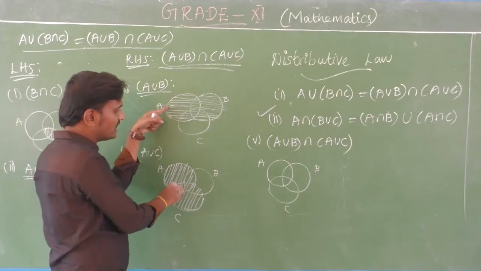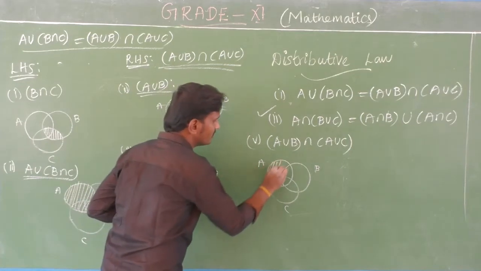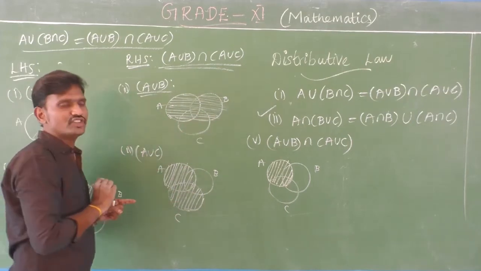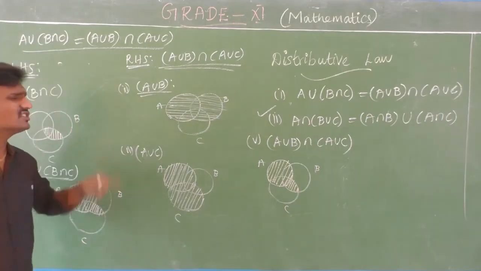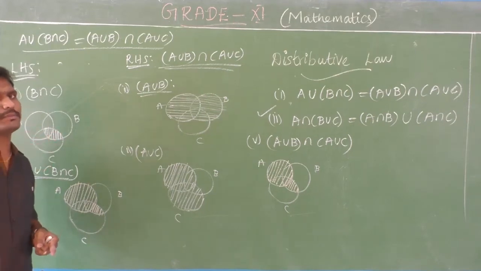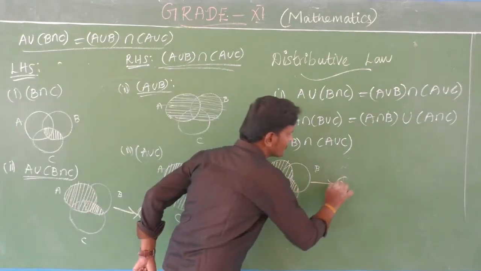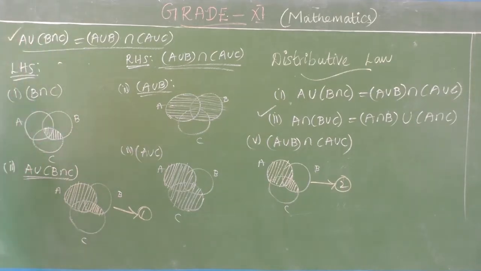Yes. So this is the place for A, which is shaded on both, so fully A. And this place is also shaded on both sides. So I am going to write like this. Or otherwise, consider the two diagrams: the common place is shaded, and the uncommon place is left. So this is diagram 1 and this is diagram 2. From diagrams 1 and 2, we have verified the distributive property: A union of B intersection C equals A union B intersection A union C.